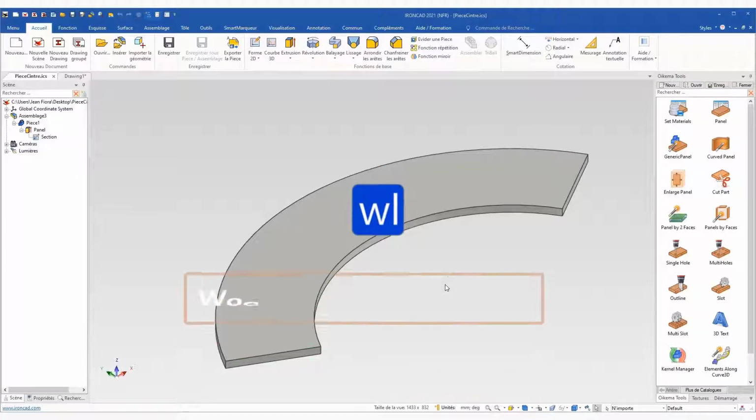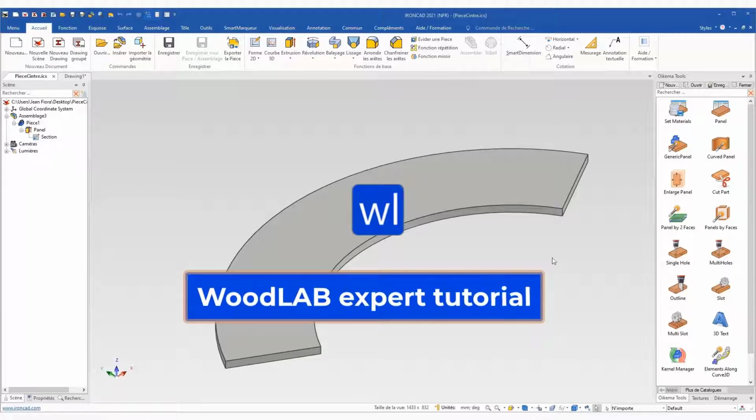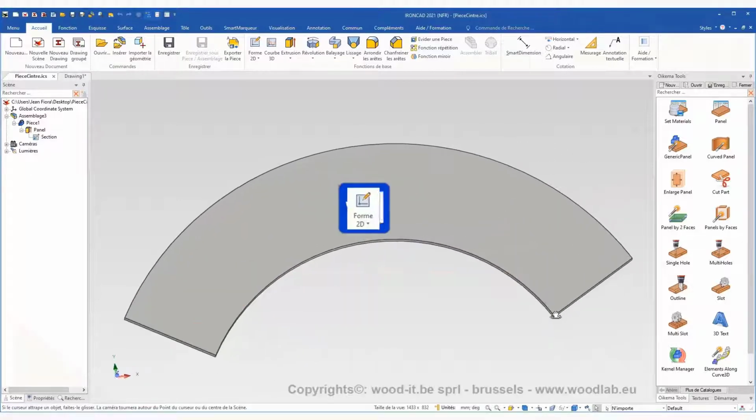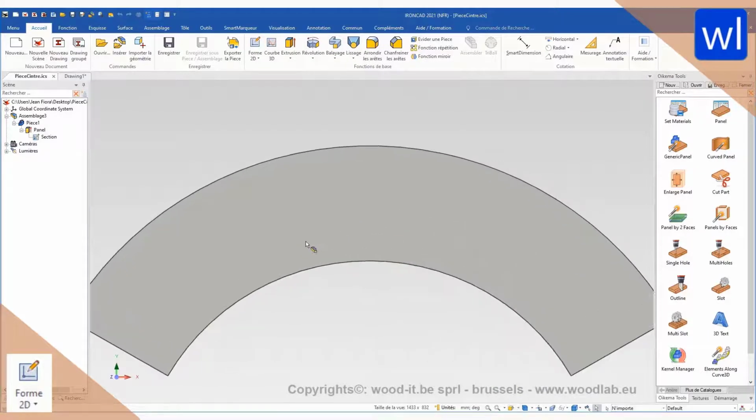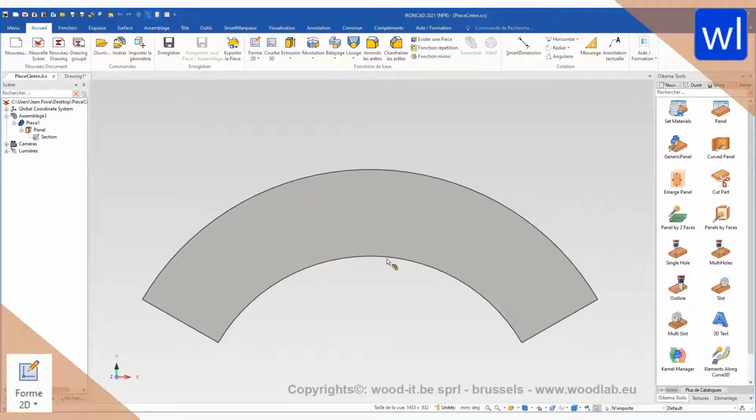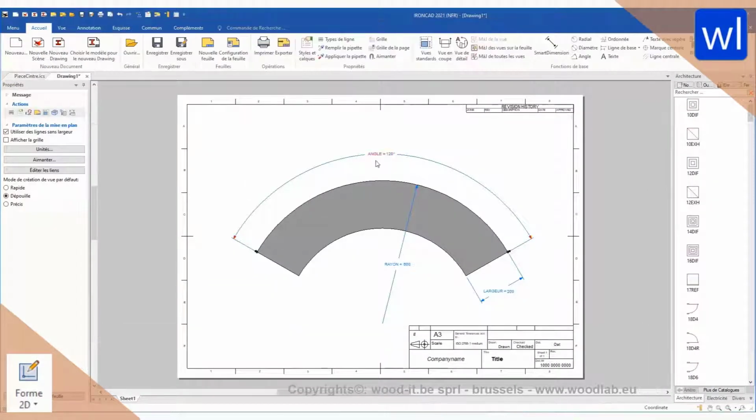Hello and welcome to this video dedicated to the sketch environment on IronCAD. In this video, I'm about to create a curved part and I'm going to make it parametric. Also, in order for the curved part to react correctly when changing parameters, I'm going to use sketch constraints. As you can see on the drawing, the parametric part depends on three parameters: an angle, a radius, and a